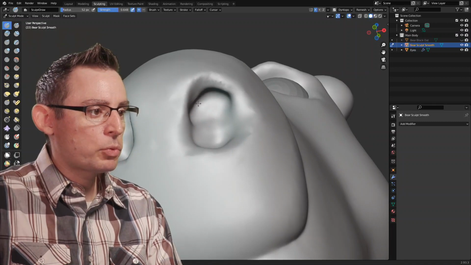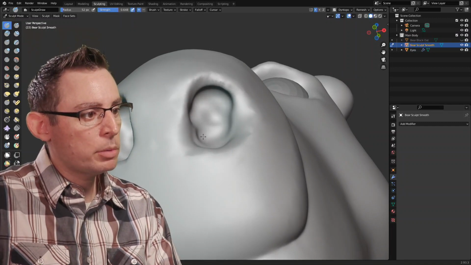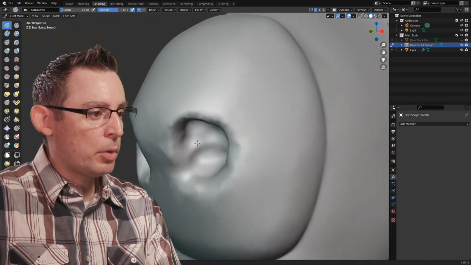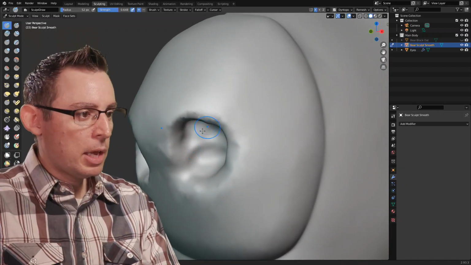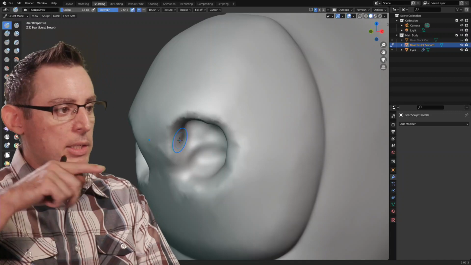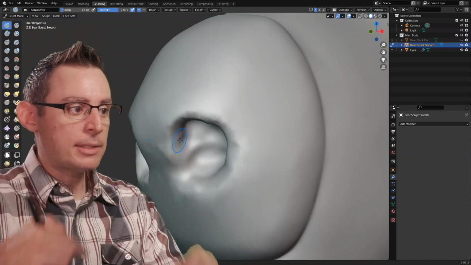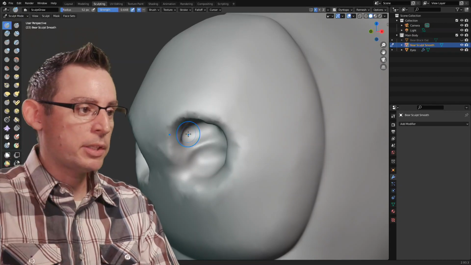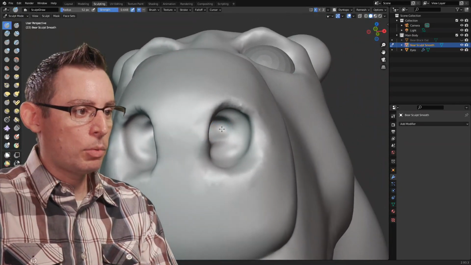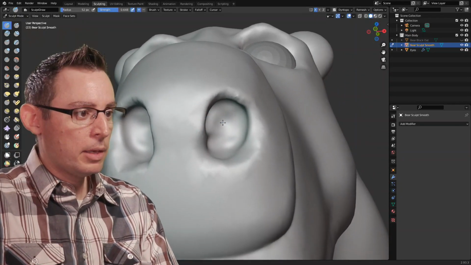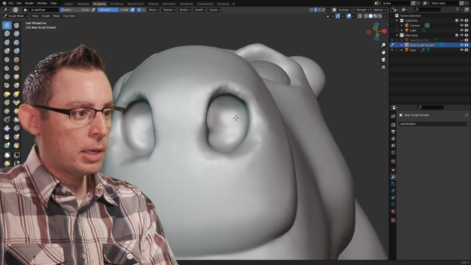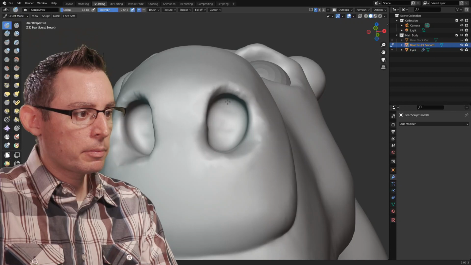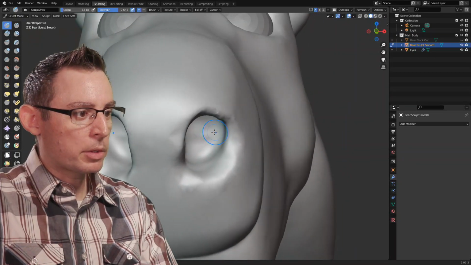Now remember with Sculpt Draw, it's going to push and pull based on the screen angle. So if I'm looking at my nose like this, if I hold down the Control key, it's going to push towards kind of the inside of the head, the center of the head, like that. You see how it's pushing towards the center? It's not pushing in towards like the brain, if you will. So if I wanted to push backwards, I'm just going to put my view in a slightly different position, and I'm going to push backwards.